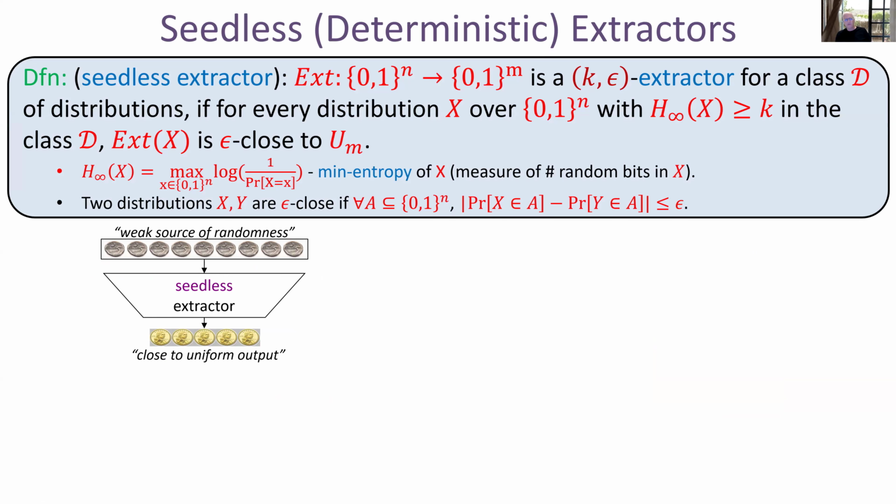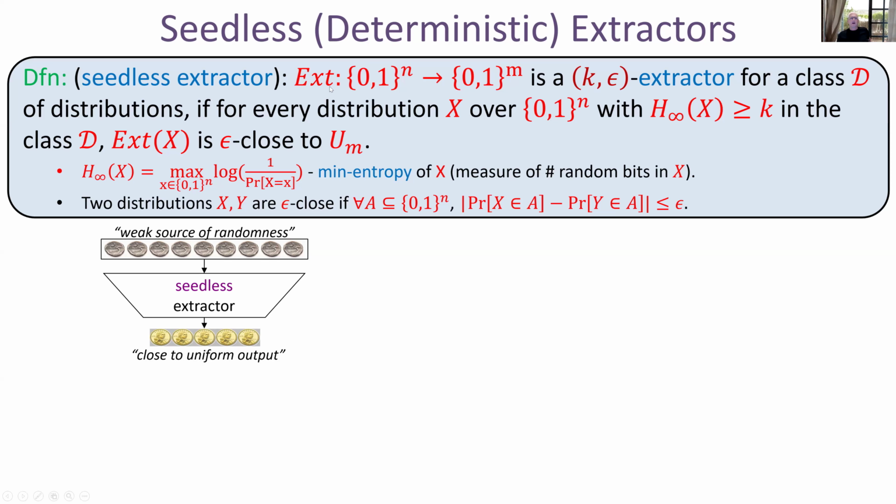So extractors come in two flavors. There are what are called seedless or deterministic extractors and seeded extractors. And in this talk, I'll be talking about seedless or deterministic extractors. So a seedless extractor is a function which is able to extract randomness from a weak source of randomness. So the scenario is that we have a weak source of randomness that is available to computers. Somehow computers are able to sample some distribution from nature. And we want to extract pure randomness, namely unbiased and independent random bits from this distribution, and the definition is